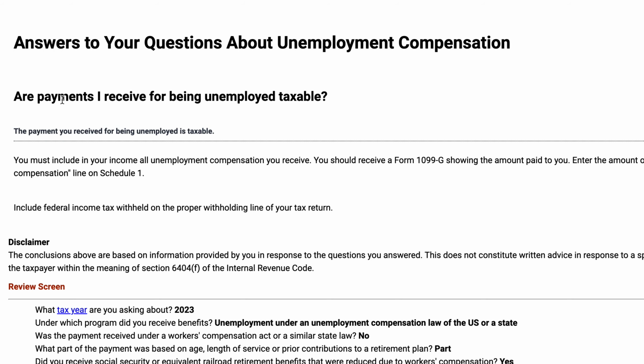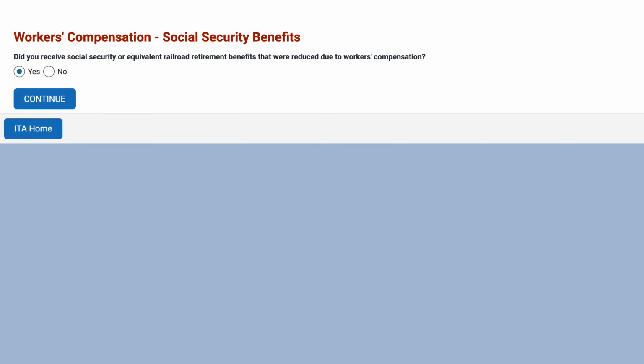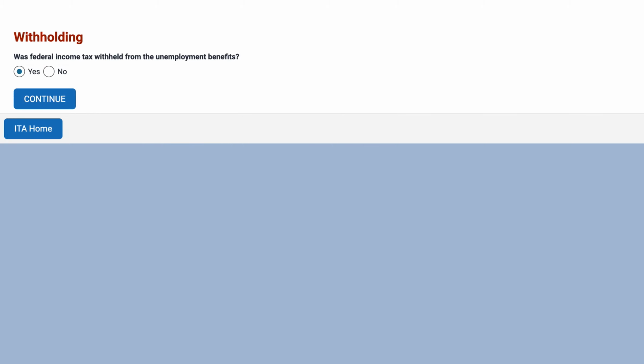So this says that the payment you receive for being unemployed is taxable, and you should receive a Form 1099-G showing the amount that was paid to you. You would enter this on the unemployment compensation line on your Schedule 1. So you would also include any federal income tax that was withheld on the correct withholding line when you file your tax return. So let's go through one more type of this